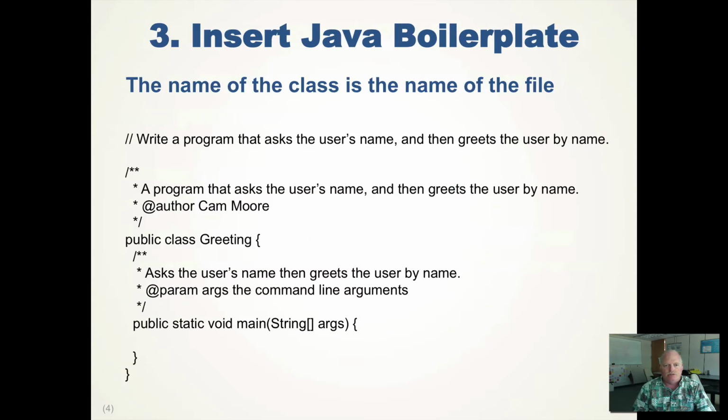The third step is to insert this Java boilerplate. The name of the class is the name of the file, because Java requires that the name of the class be the name of the file. So here's an example of the Java boilerplate. I have a Javadoc comment up here that